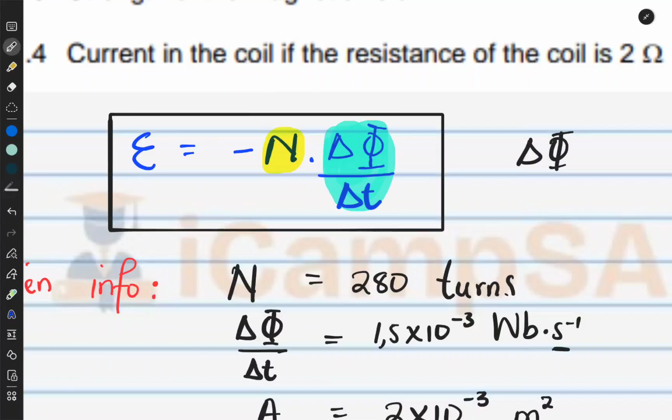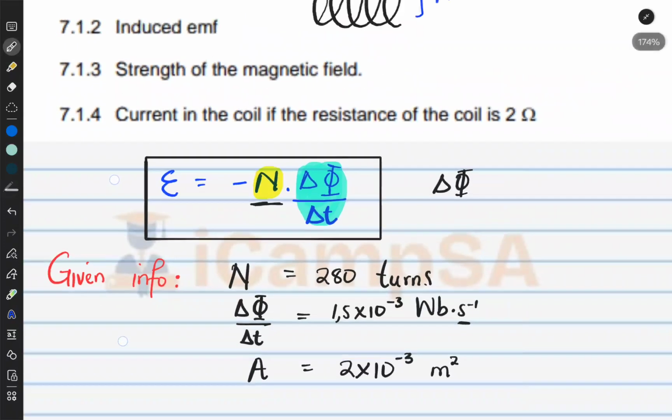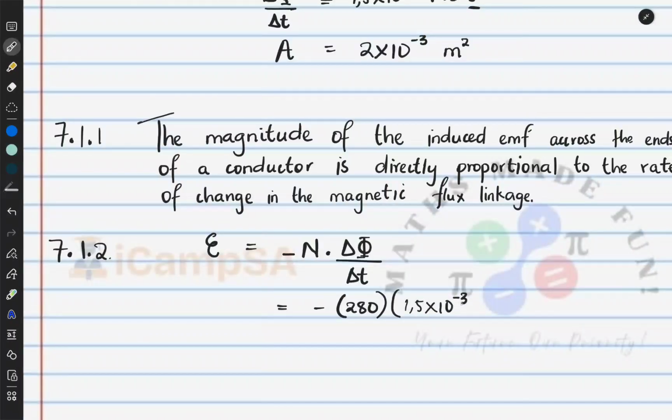From the information given in the problem, we already have N, and we have the rate of change of the magnetic flux. So we can just simply substitute. The induced EMF is equal to, we write our formula as we know it, minus N delta phi over delta t. We have that 280 that we were given, and we have that 1.5 times 10 to the power minus 3